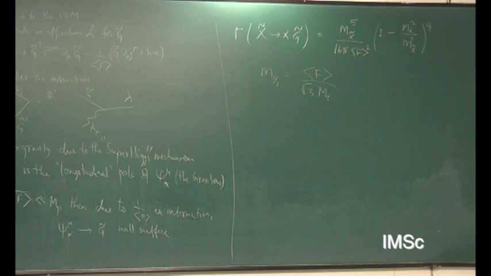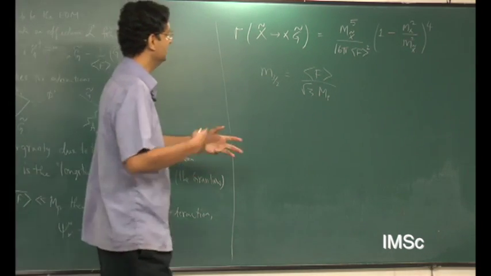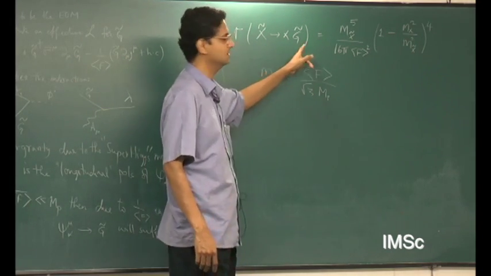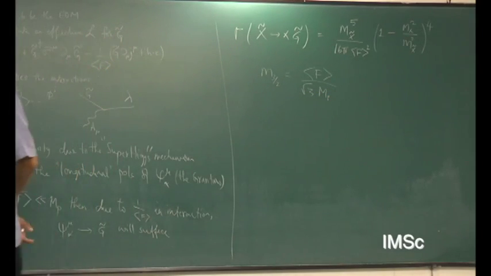Usually the way it works is you make sure that the NLSP works properly, and that you don't overproduce too many gravitinos in the early universe; you have to check that whatever produced the reheating did not produce too many gravitinos. If that is true, and you arrange such that the NLSP gives you the correct relic density, and if it is a late-time decay, then eventually that NLSP will decay over a long lifetime to the gravitino. Because you made sure that the NLSP relic density is what is required, the gravitino may also come out as what is required. That is how a lot of these models work.